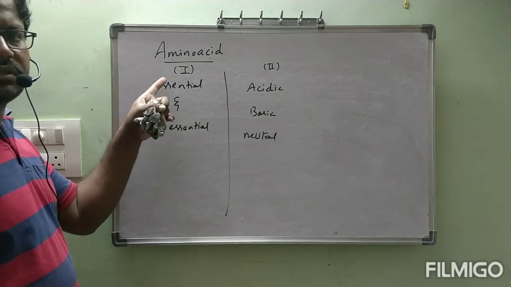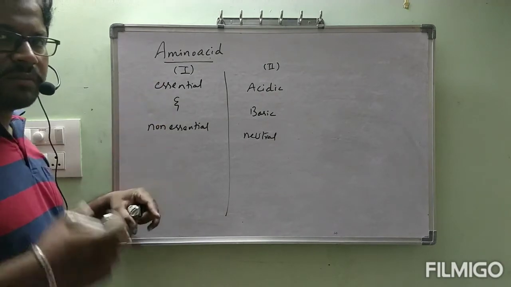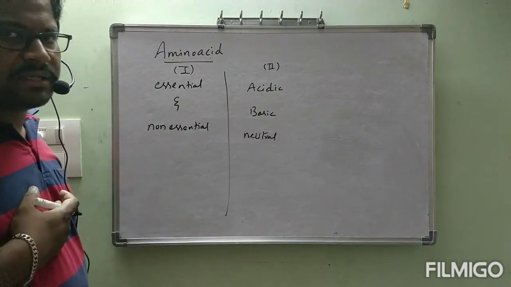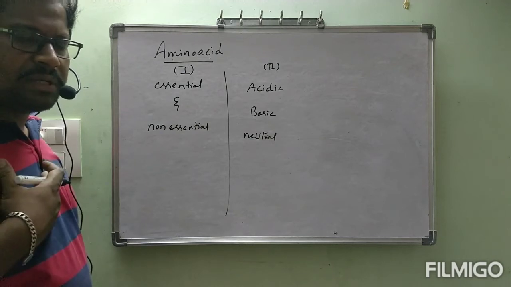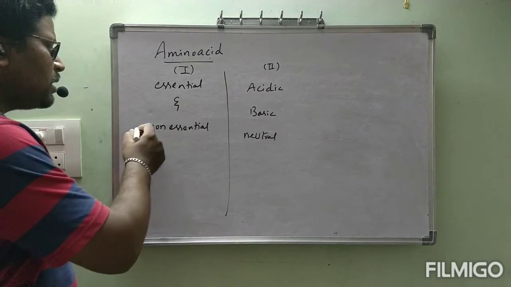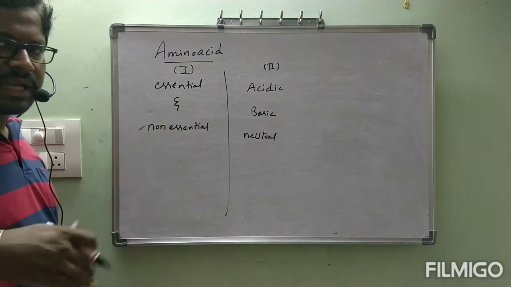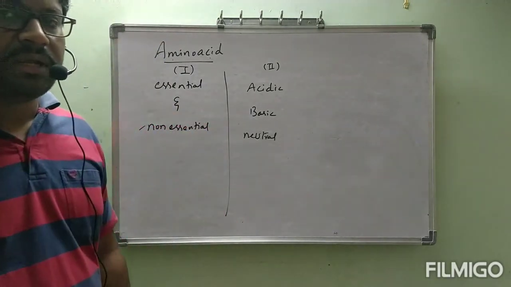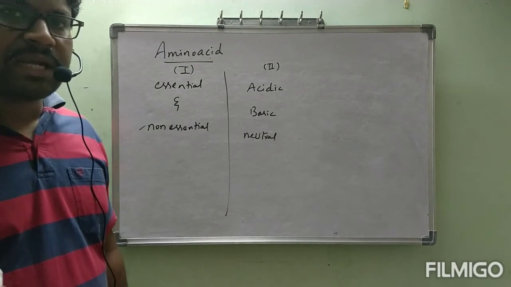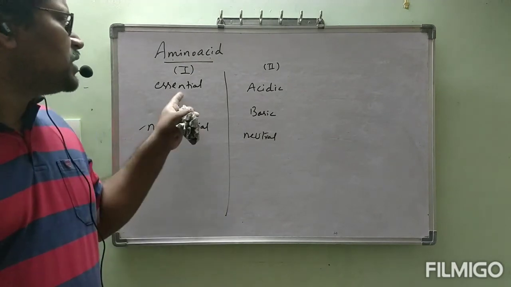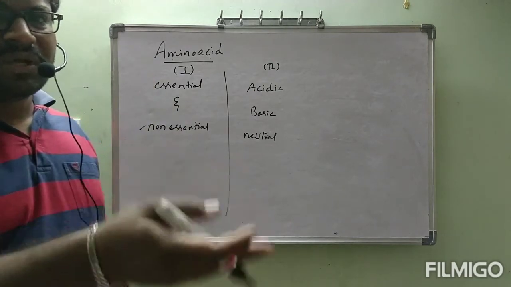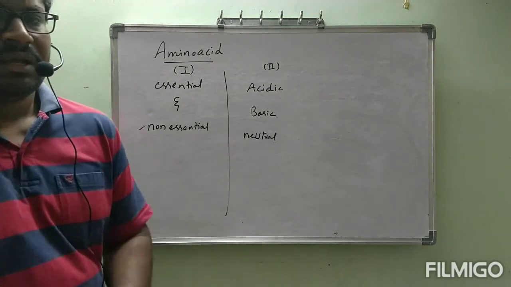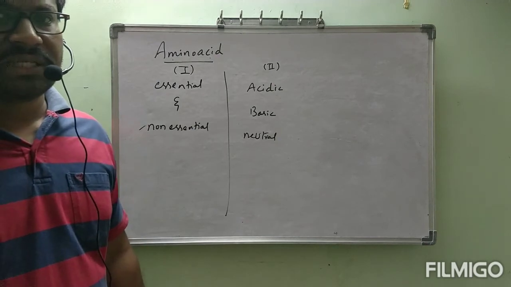Now coming to the first classification, essential and non-essential. For our body, some amino acids can be secreted in our body itself. Those are called non-essential. If they are secreted in the body itself, these are not required from outside. But some amino acids cannot be secreted in our body. Those amino acids are called essential amino acids. Okay. Examples you can go through in the textbook. Those are all given. From here onwards, majorly the theory part will be dominating. Okay, major structure wise it is completed.